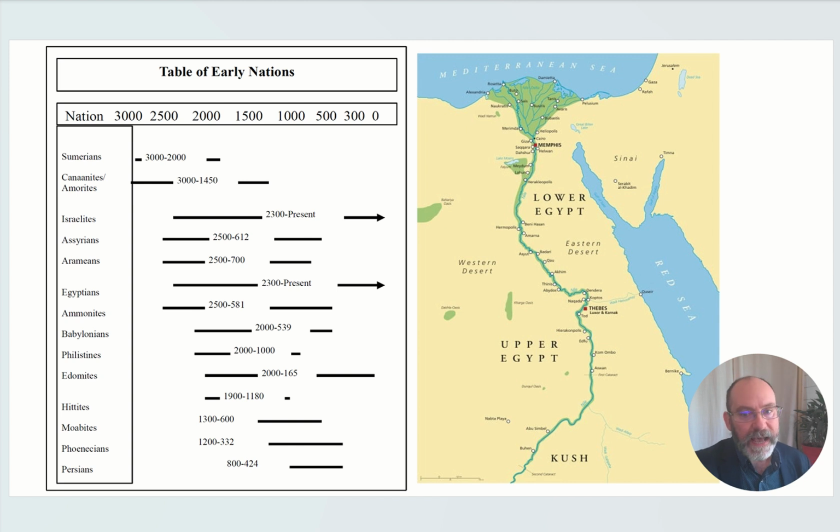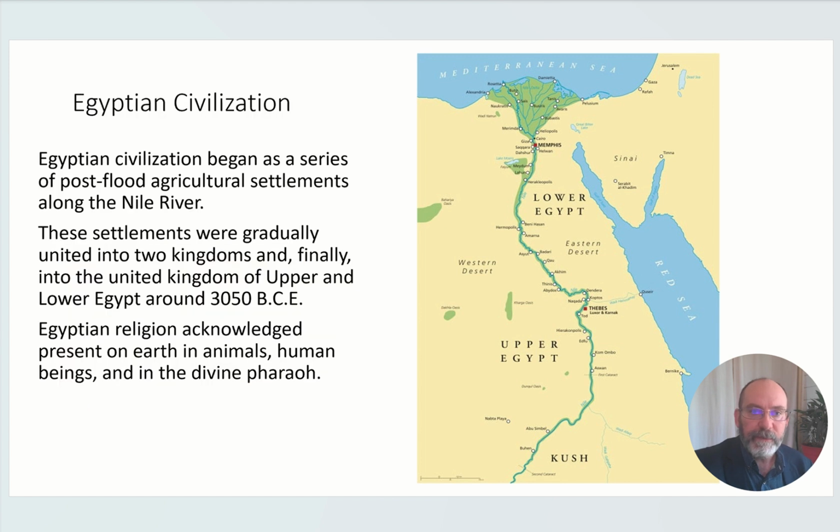So as we start out, I did want to just jump in and look at this table of nations briefly, and I just want to point out there's a whole bunch of other cultures that we're not really going to spend a lot of time on. See, we have Egypt down here. We're on Sumer, but remember, there are Canaanites, there's Amorites. We're going to be touching on some of these as we go, but we're way back here. We're looking at the oldest time periods possible and blending in what we know and what we understand. So let's get started with Egypt.